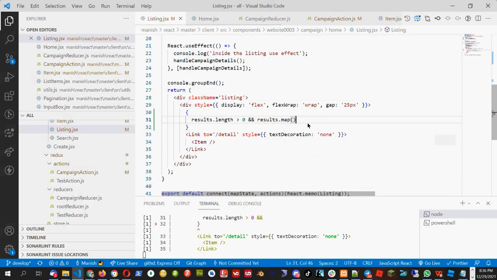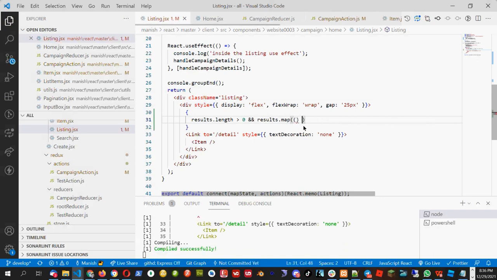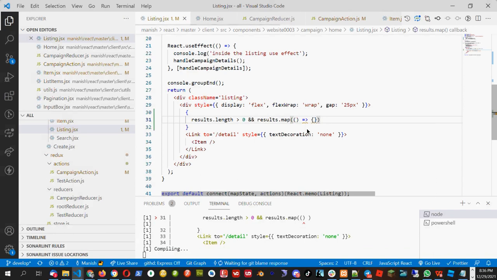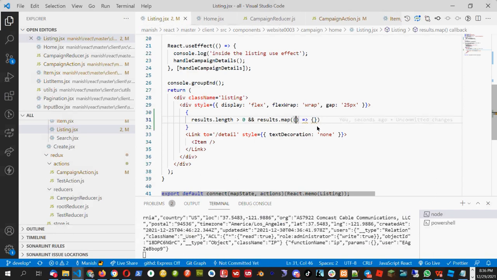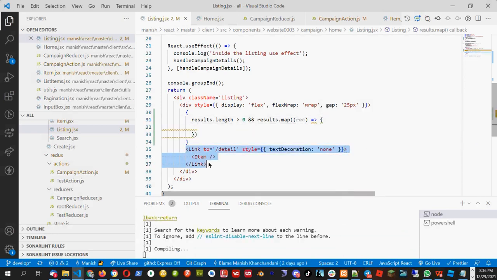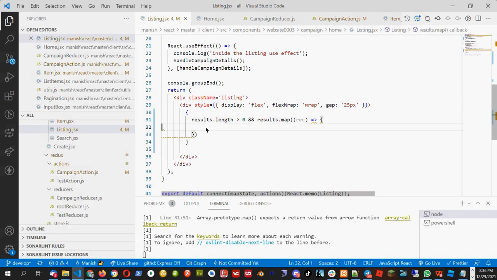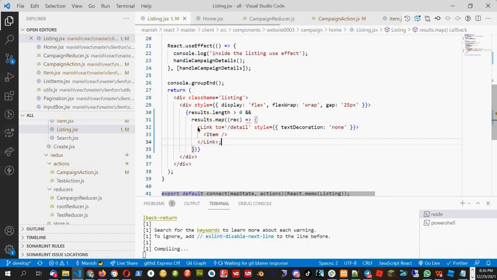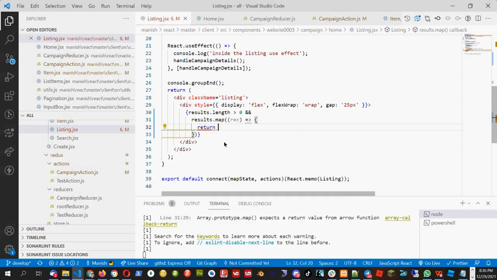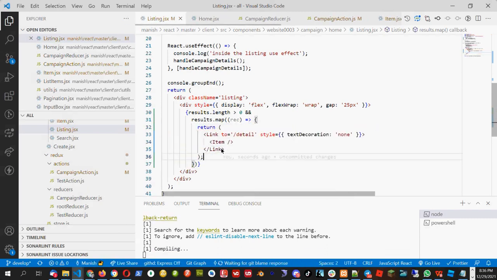Results.map, and in the map we have arrow function, right? We have arrow function and we will put record here, and what we will do, we will put this link here inside it. Not like this. We have to return the link. So I will return the link like this.